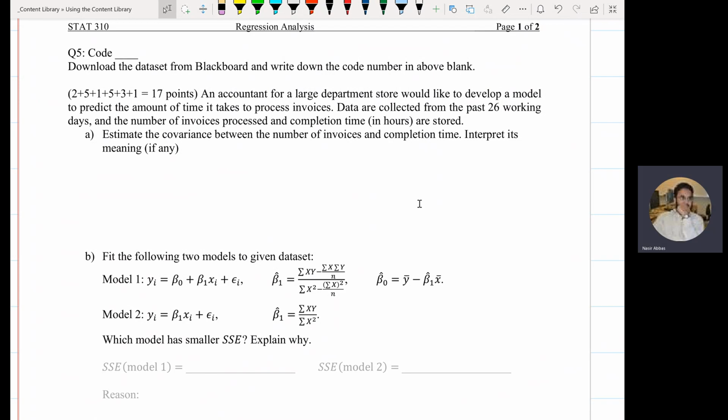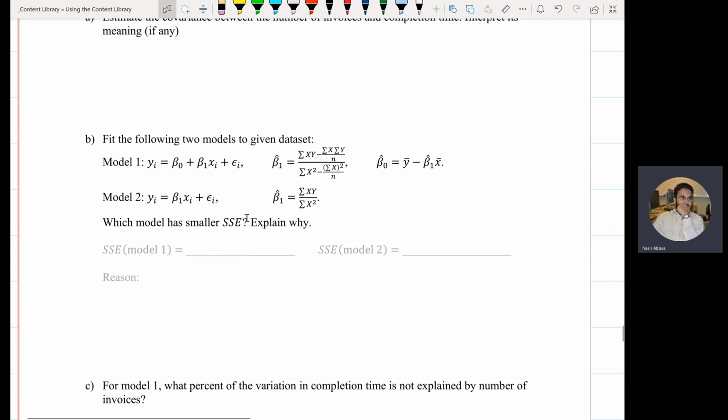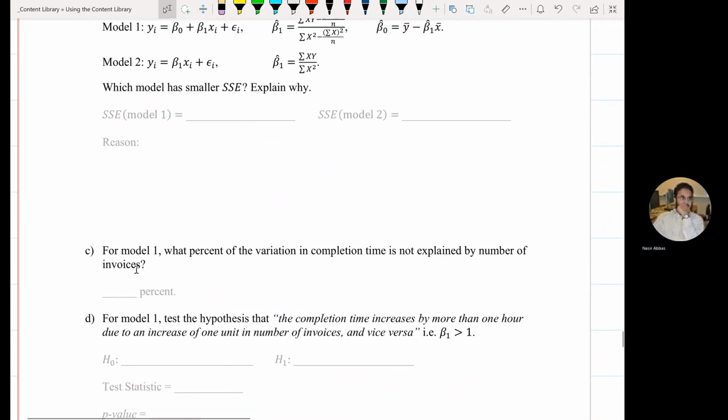With intercept will have a smaller error. Think of the reason. No, there is no partial point for this one. You get the right number, you get the full credit. You get the wrong number, you get 0 credit. And be careful, I will not look into your Excel sheet. I will not ask for your Excel sheet. Whatever comes out on this paper will be graded. Yes. Why? Think of the reason why this one is smaller. You know the reason, you are unable to formalize it in words. You know it. Because this has an